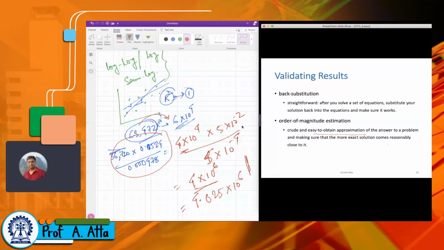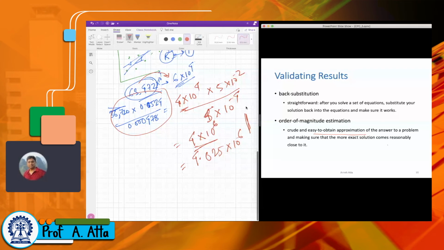Fine. If not, then the other point, so this is the order of magnitude, and the other point that we should look at is the test of reasonableness of your result, that the solution makes sense. Fine. So what does that mean? Say the water is flowing through a pipe, and for this problem you somehow got a solution where the velocity of water is higher than the speed of light. That doesn't make any sense. So that means your answer would be wrong.